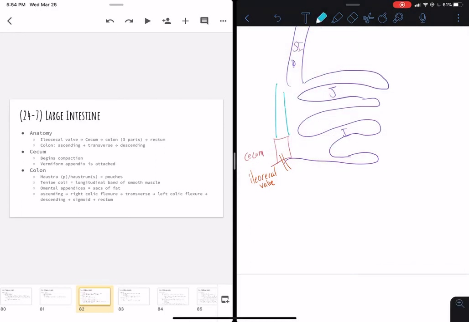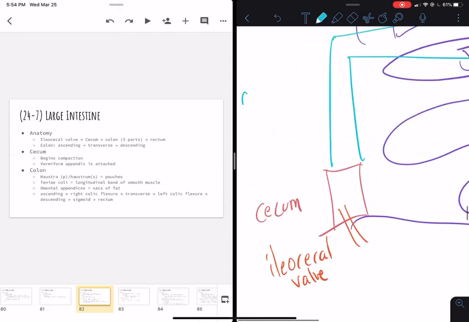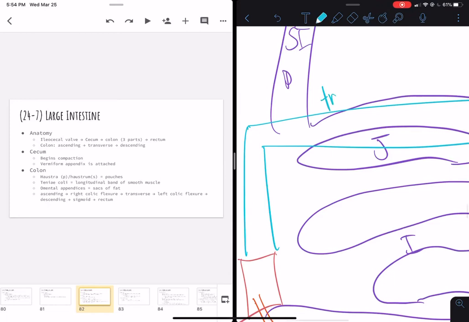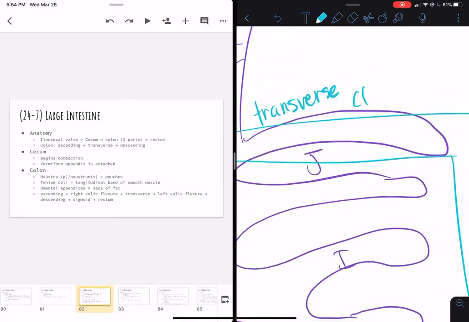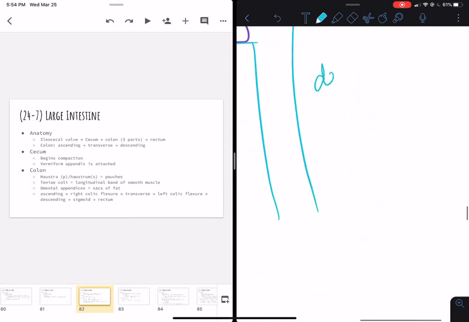So then after the cecum, we have three parts. We have one part that goes up, we have one part that goes across, and we have one part that comes down. So those are the three parts of our colon. So this is going to be the ascending colon. This cuts across, so we call that the transverse colon. And then we have a part that goes down, so we call that the descending